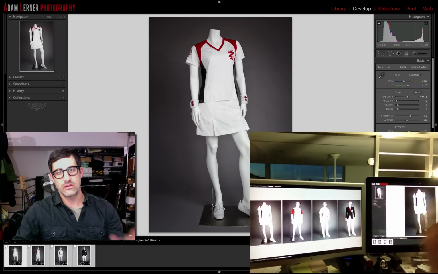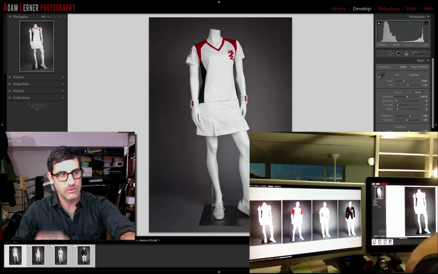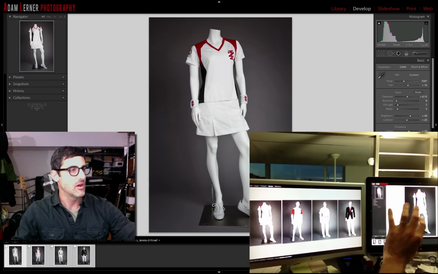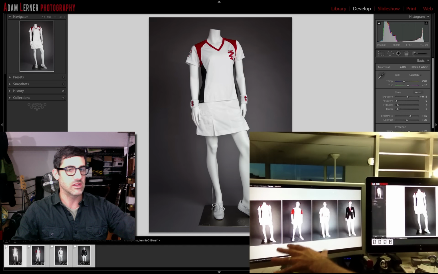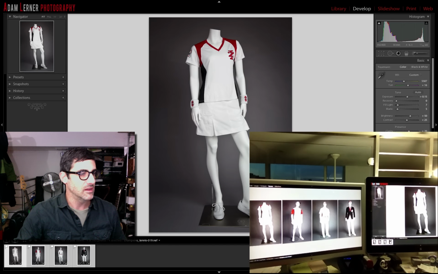In the other monitor is where you do your editing, so that all of the edits you're making live are seen in the adjacent monitor in succession with the other images that you've shot. That way you can deliver them all with a very similar look, specifically if they're of one